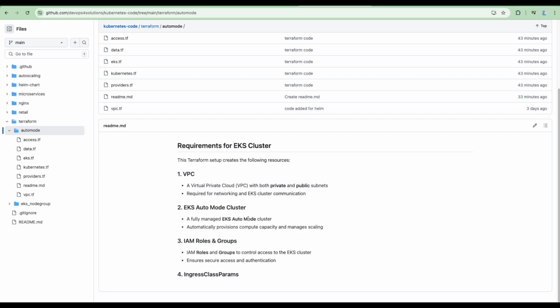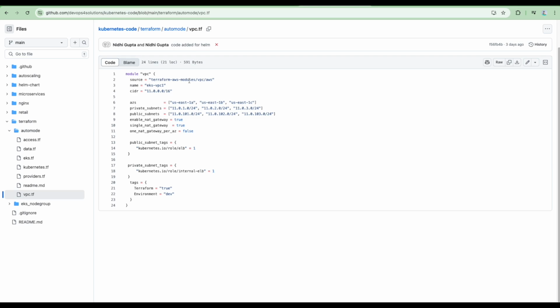So once this cluster is created using this process, your cluster is all good and you can just deploy your workload there. So to start with, for the VPC, here you can see I am using this module. This is a community builder module, so it's perfectly fine to use them. So we are using this. We are then providing all the details as per the requirement. So you can provide your CIDR blocks, AZs, private subnets, everything like this.